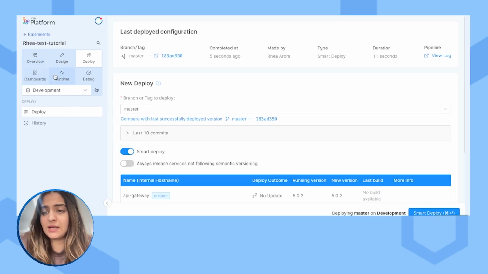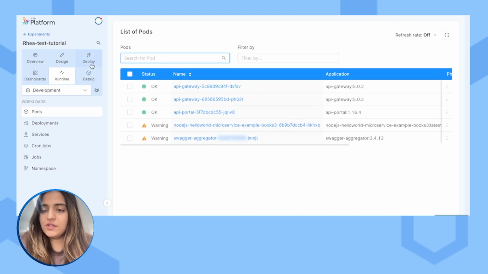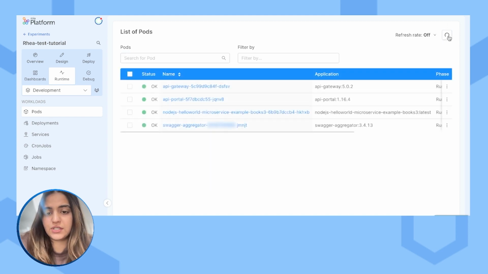Let's move on to the next step, which is to run this. Let's move into the runtime section where you can see each of the pods have a status. Currently, the status is okay for only 3 of them, but we need it to be okay for all of them. So let's just give it a couple of seconds before we can go ahead and auto-refresh this. Perfect. As you can see, all of the pods are ready now,